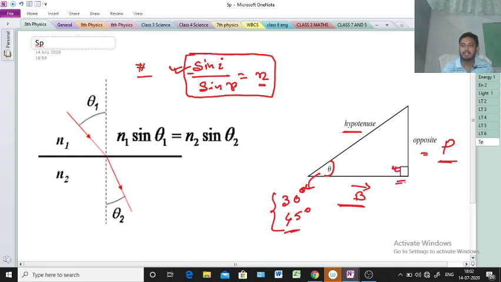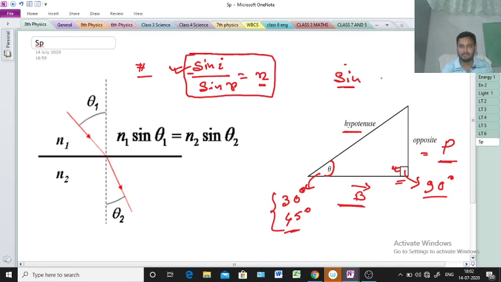What is the value of this angle? This one is the perpendicular, that's why the angle will be 90 degree. Just tell me, is it clear or not? So what is the value of this angle? The angle is 90 degree. That is the basic thing. Again, in this part you have to understand only sin. So sin is a ratio of two arms.